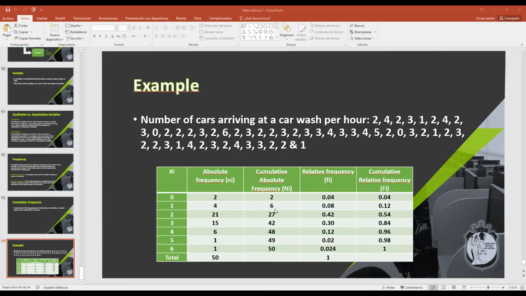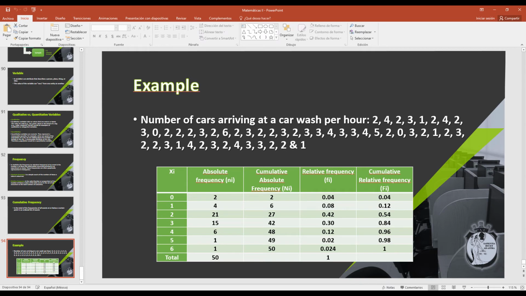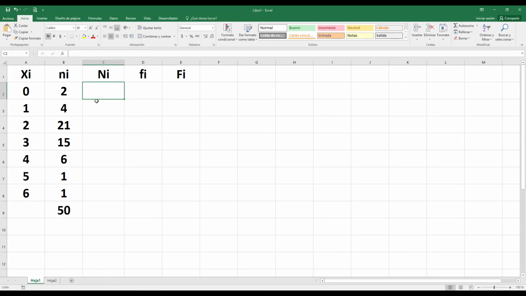Now the next column, cumulative absolute frequency. Okay, now we will calculate the cumulative absolute frequency. How? You will sum to above all the results that you have here. For example, the first one is equal to 2, but now you will add that plus that, and you will get the cumulative absolute frequency.